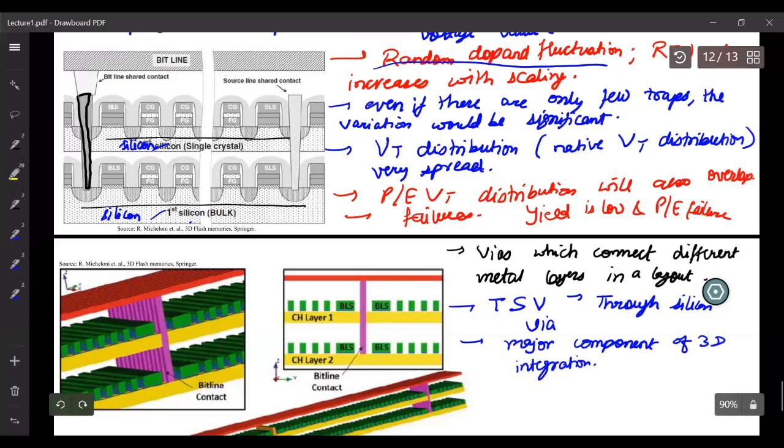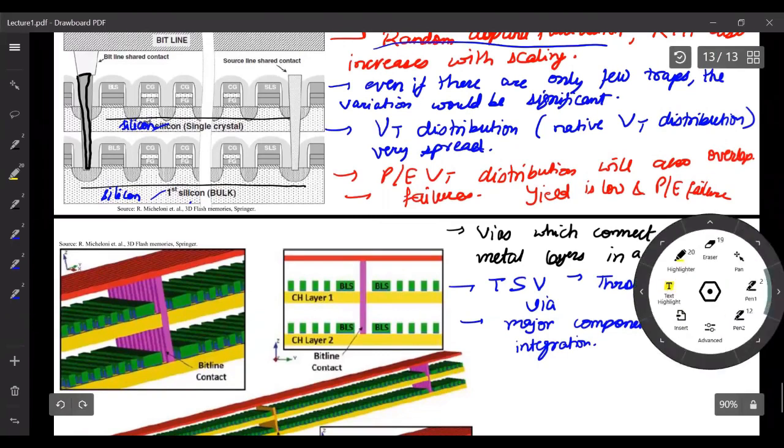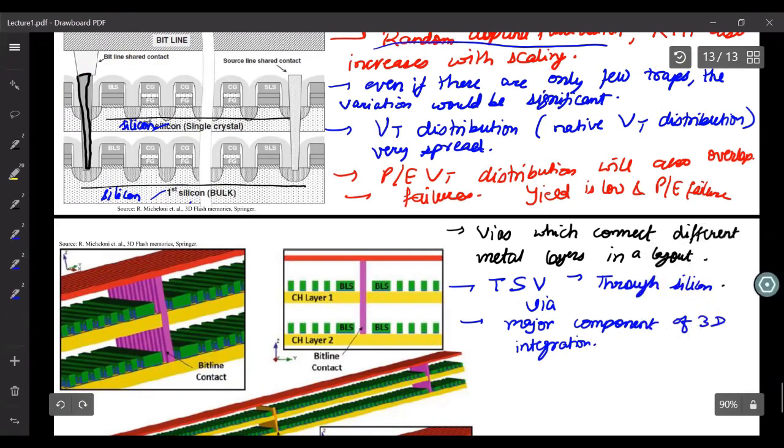Okay, so now let us look at this structure where you have stacked floating gate layers. Can you just think about a typical problem that they may face while doing that? So you have this single crystalline silicon. On top of it, you did all the processing, you fabricated these floating gate cells, and now you have to again get the single crystalline silicon on top of it.